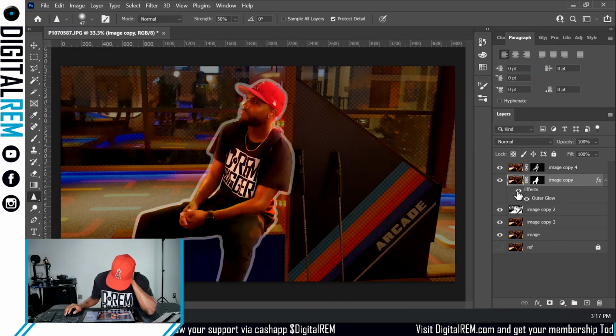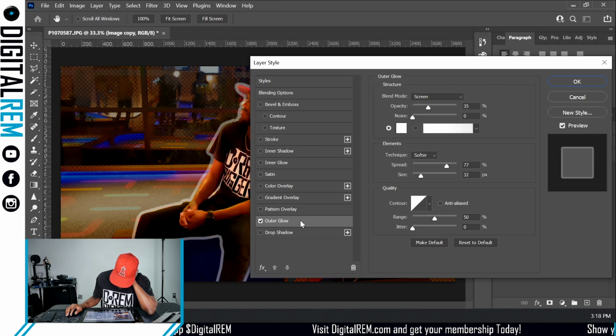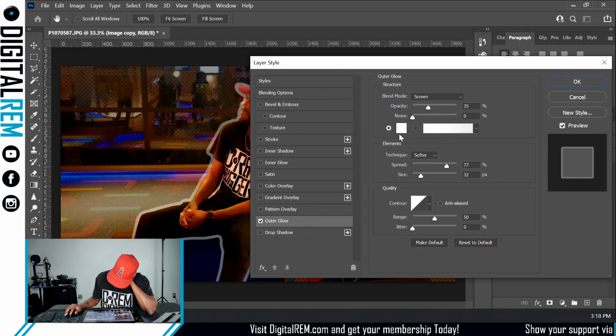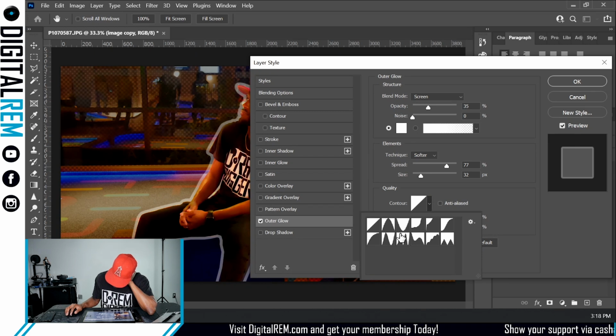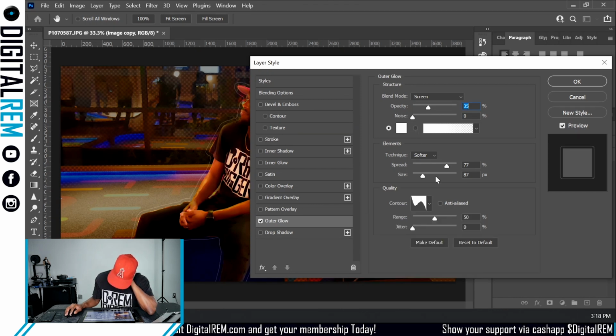Now this is where you just get creative, really. At the end of the day, I'm not sure exactly what I want to do with this yet, but I do like how it kind of just separates the elements. Now this is an advanced technique here. Can I do it? Here it is. Where it's like you're adding